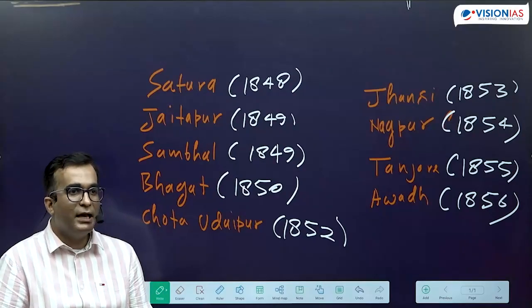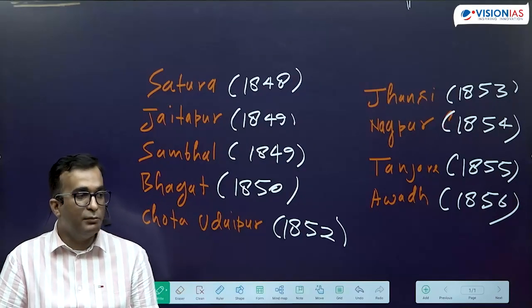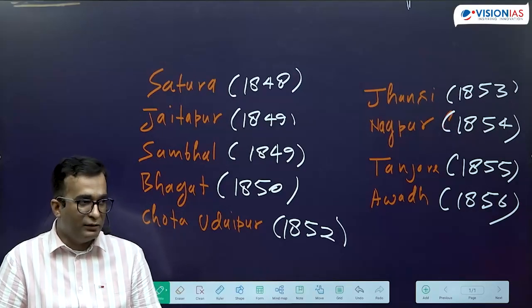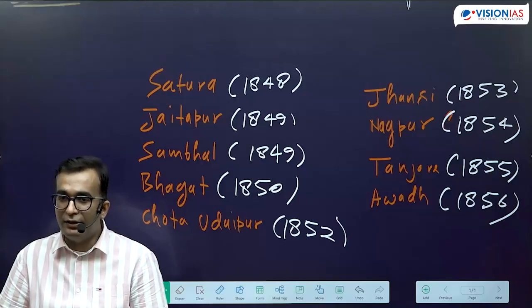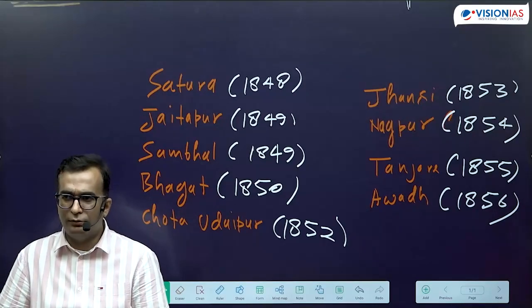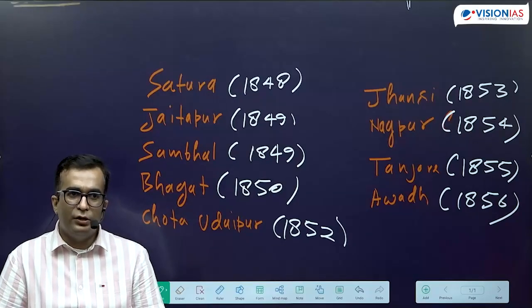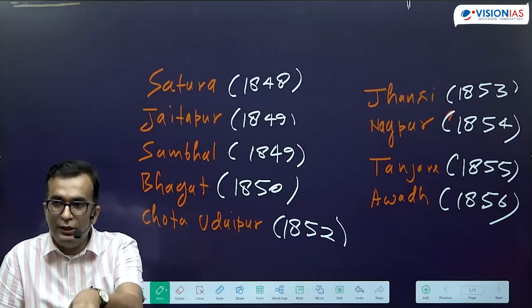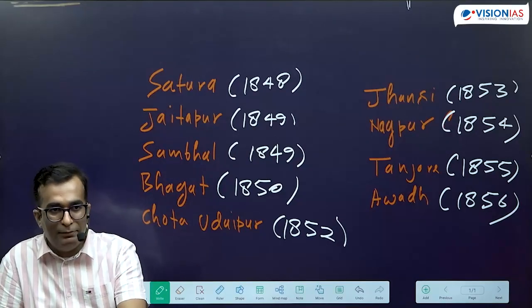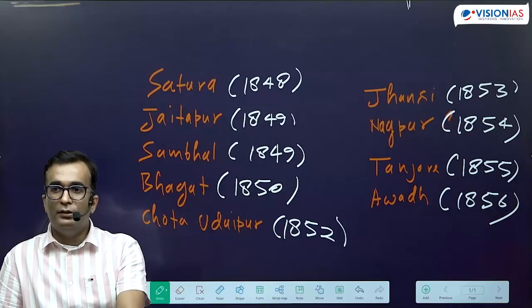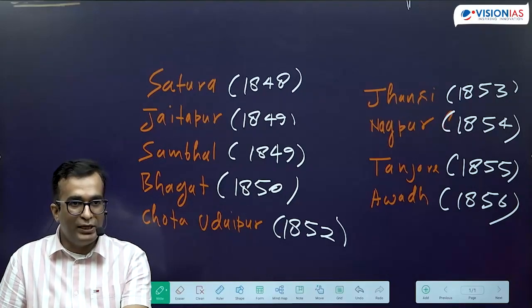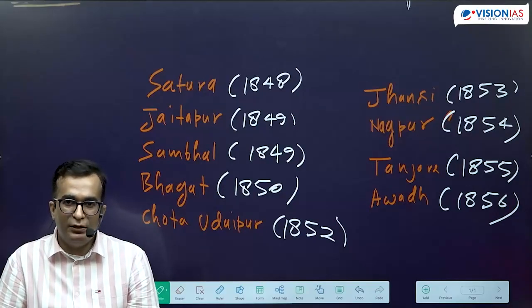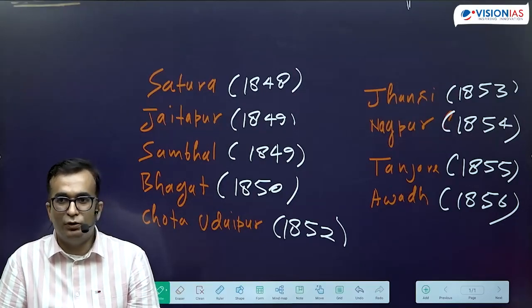The third incident happened on 23rd April, and this is the most important event, in Meerut. The native cavalry, Ghudsavar, okay? The native cavalry of Meerut refused, and here also, the same way. Not everyone refused, but jitne logon ne refuse kiya tha, they all were to be tried by a court martial. First they were put into jail, the trial started, and after 9th May the judgment was given. Okay?